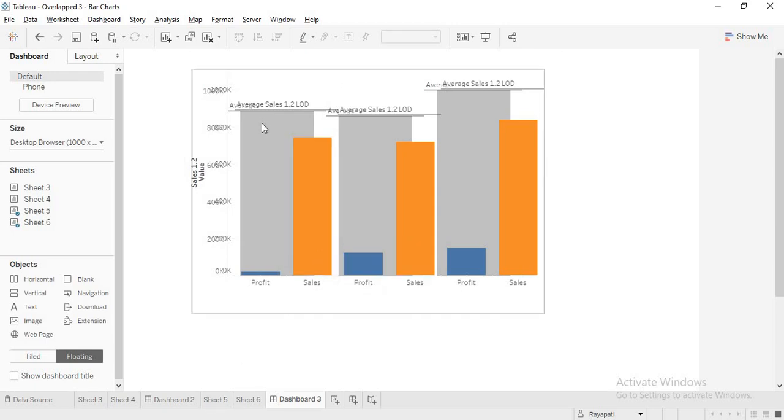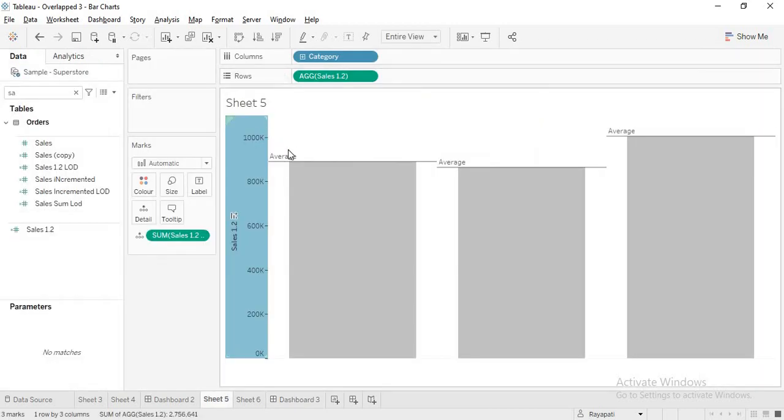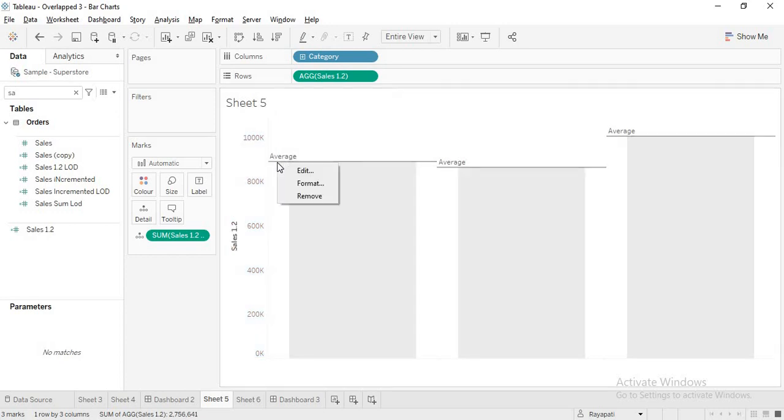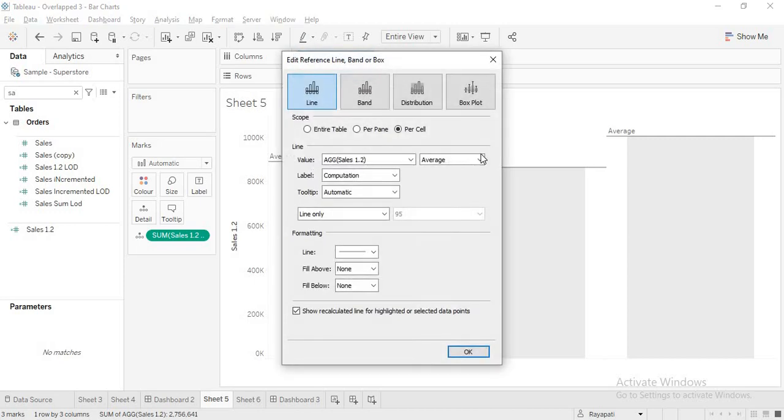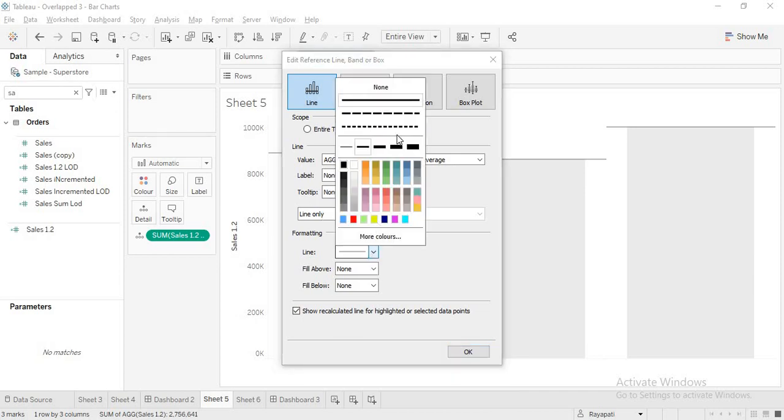So what we'll do is we need not have these titles here, like the reference line. We need not show reference line, and neither do we need to show any average or something on the reference line. For that, first we'll click on edit. In this edit, label is none. Tooltip also we don't need, so none, and line also.